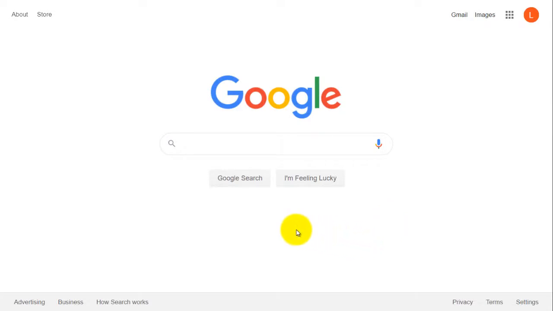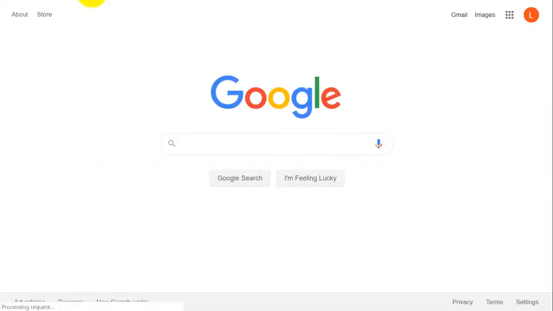The first thing to do is to head to the Google website from your computer, or you can do this from your mobile device web browser. The process is the same for both. I'm going to proceed from my computer. I have opened Google Chrome, and as you see here, by default it opens the Google website. If it doesn't load this way for you, then you can just head to the Google website by entering in the URL bar the address